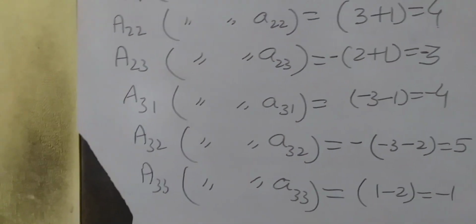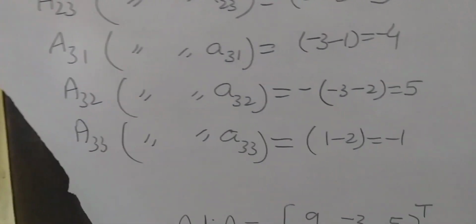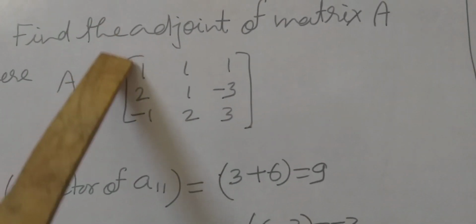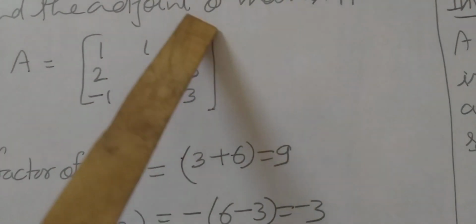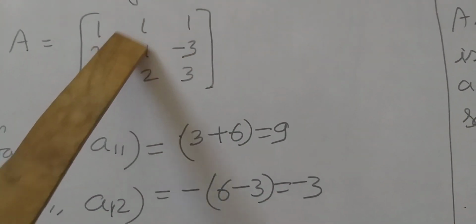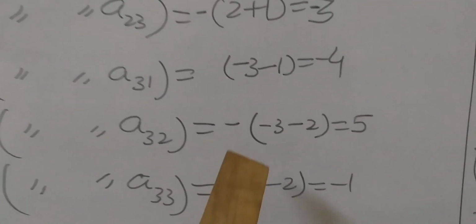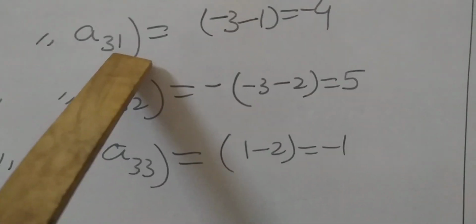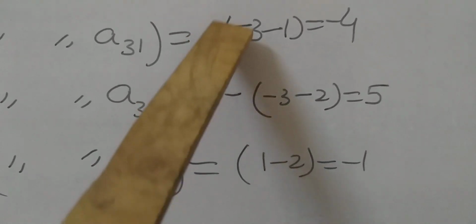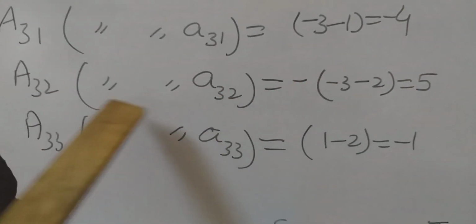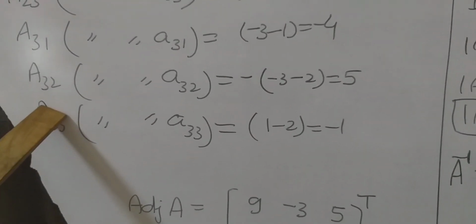Now students, let us find out the cofactor of A31. This is A31, student. Its row and column are deleted. This is the left part. Find out its determinant. -3 -1. Add both of them, even. 3 plus 1, 4. So a plus sign will be here. So -3 -1 gives -4.